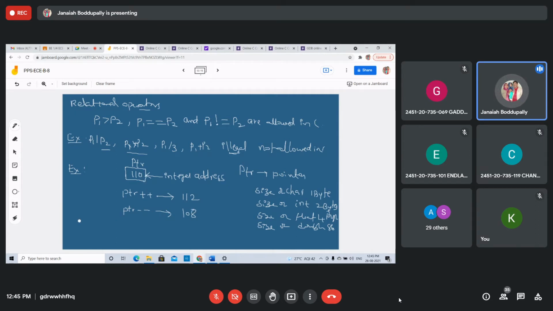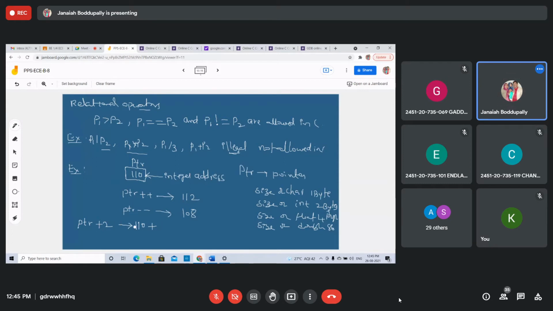If I add some constant value to that pointer, ptr plus 2, that is 110 plus 2, the index.